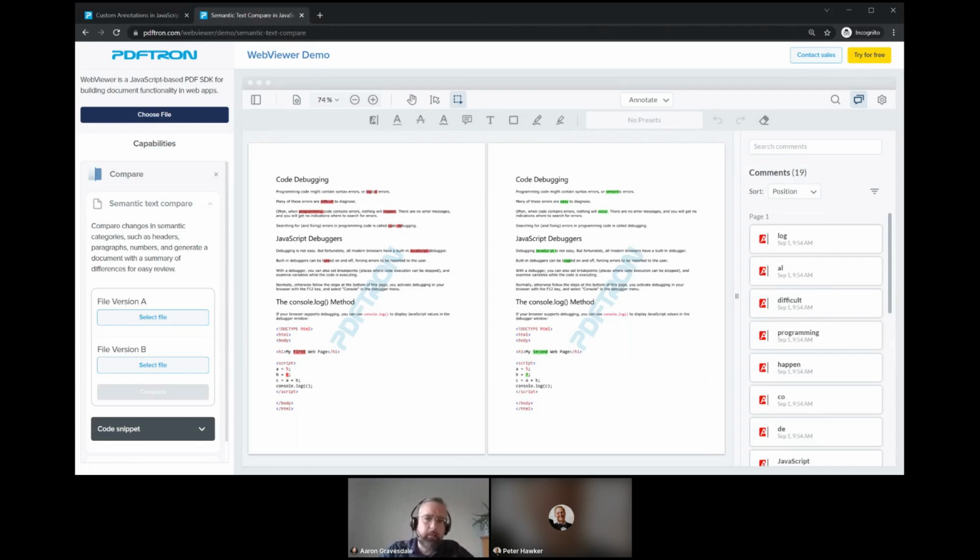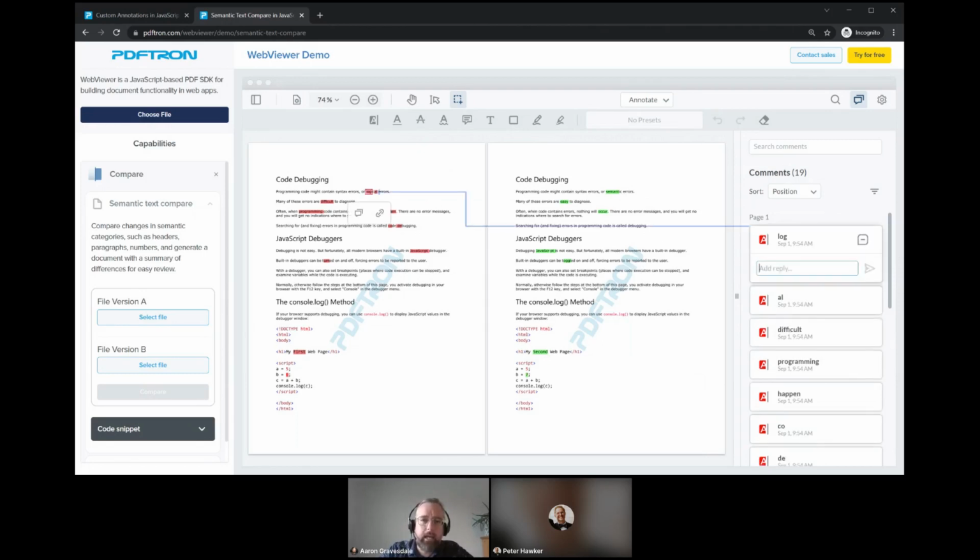The other thing I really like about this interface is that since we have an annotation created for each of these, that means that automatically I can employ our annotation states for each of them and drive a review and approval workflow for each of these changes. So for example,